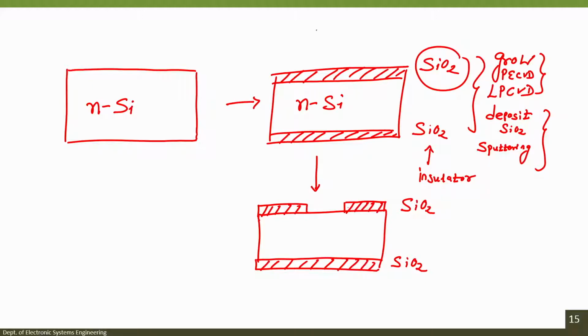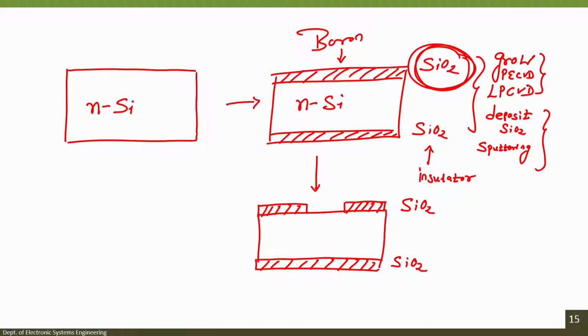Because if I dope P type impurities, what are P type impurities? An example is boron. If I want to diffuse or dope boron inside silicon, boron cannot pass through silicon dioxide. This impurity cannot pass through silicon dioxide.